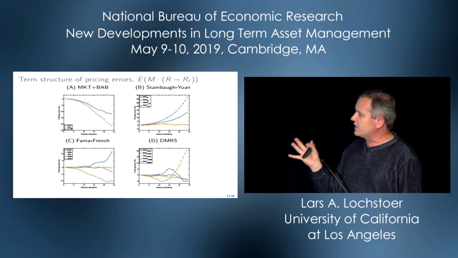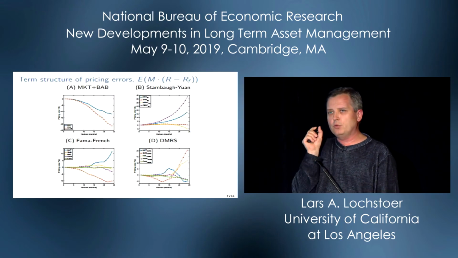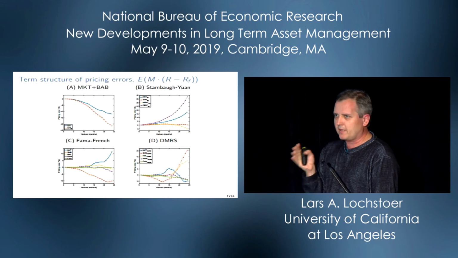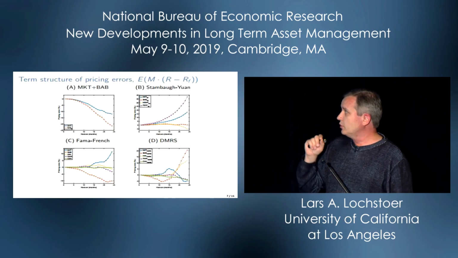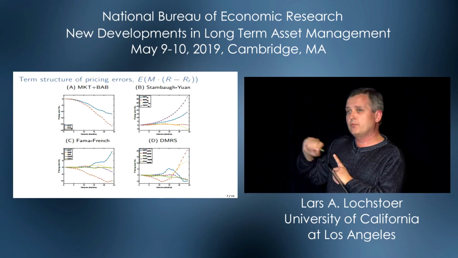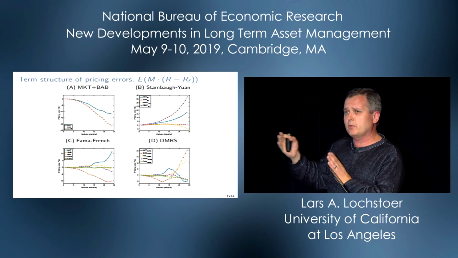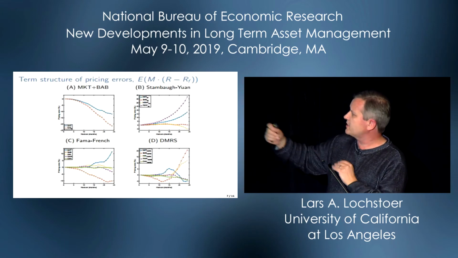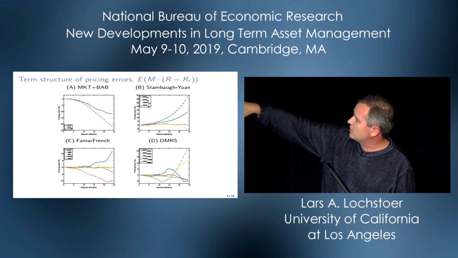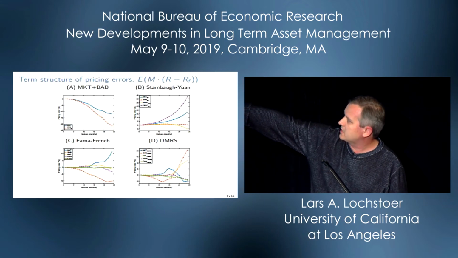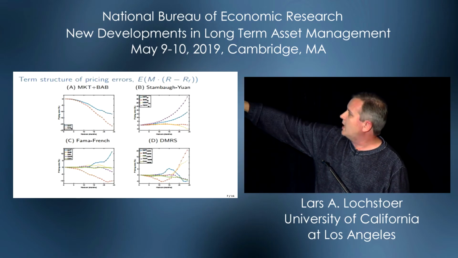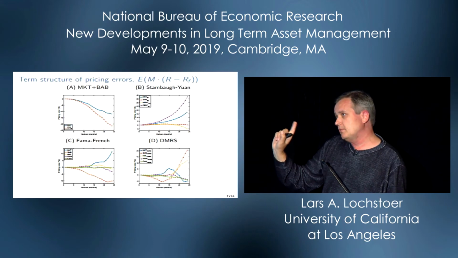Again, this is not a formal test. Let me show you what happens if you calibrate each model at the 1-month horizon, where the factors price themselves, and then you look at pricing errors of the factors at horizons 1 through 24 months. We don't go that far out in time because we want to have about 30 independent observations. The scale is hard to see here, so let me explain. On top, I define a pricing error: it's M times R minus RF, and it should be equal to 0. The scale of that investment is $1 because it's a gross return.